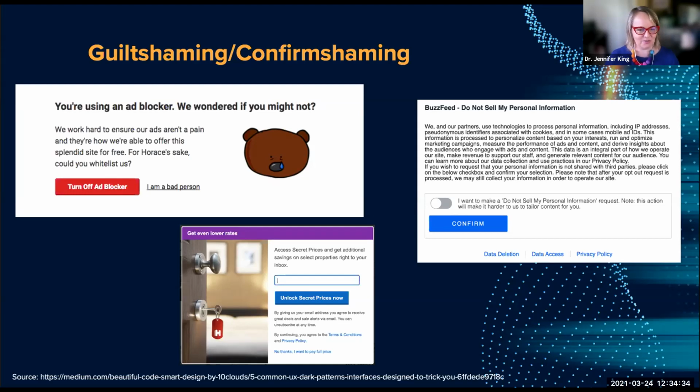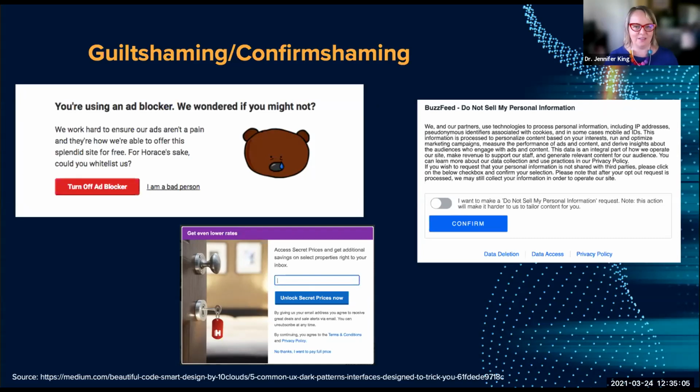The middle example is from hotels.com. I need to emphasize that as we go through these, they're all real examples, but we're not necessarily making judgments on their legality. I will say, from my capacity and my experience, I would consider these potentially dark patterns. The hotels.com example says, no thanks, I want to pay full price rather than unlock secret prices. The last one I took from BuzzFeed as part of the